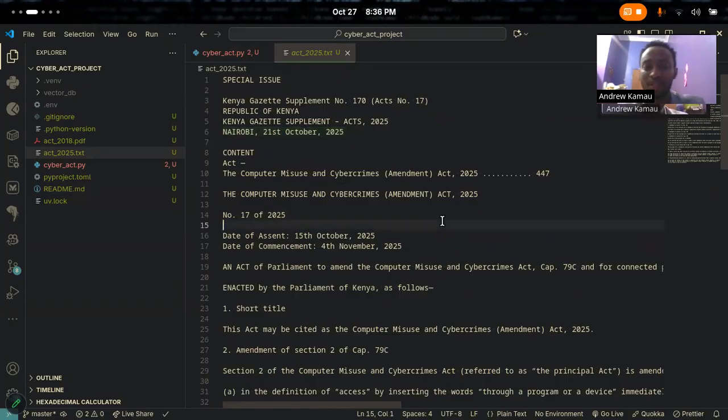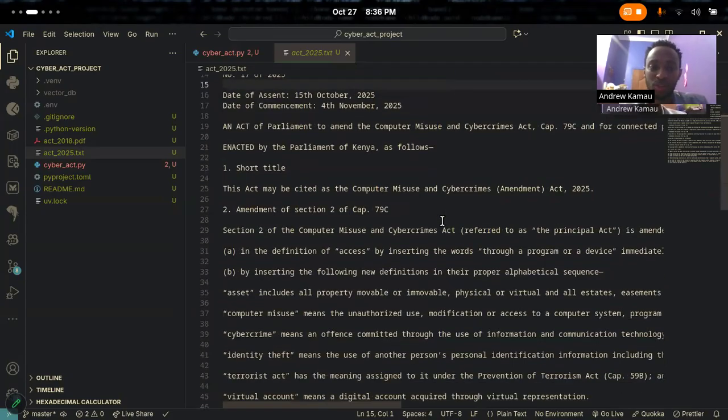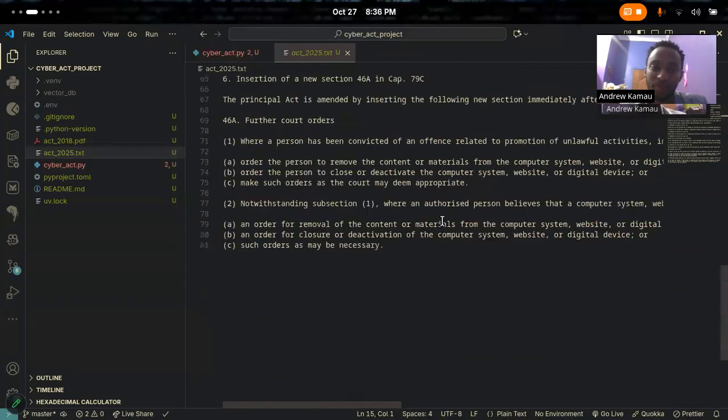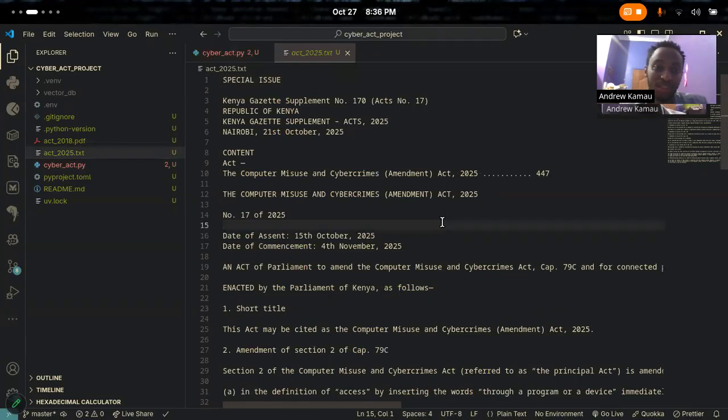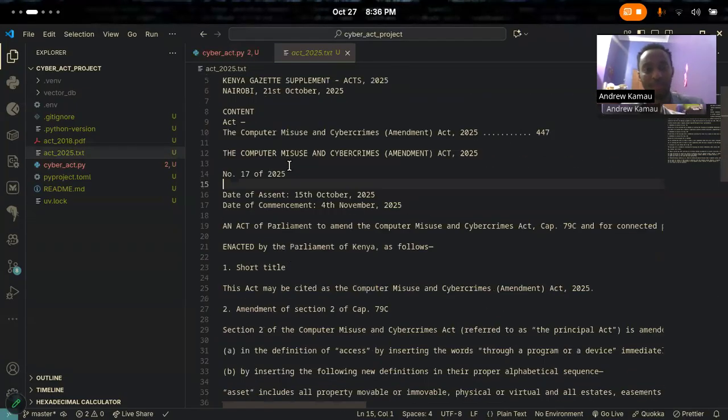Now, when I found the amendment, it was a PDF of images. So that becomes very hard to extract the text. But fortunately, I was able to use an OCR tool online that extracted the text. And so, yeah, this is what you have here. By this time, I didn't know that it was referring to the 2018 one. So eventually, I did find that out. I should have gotten the hint because it was 4 pages. But anyways,